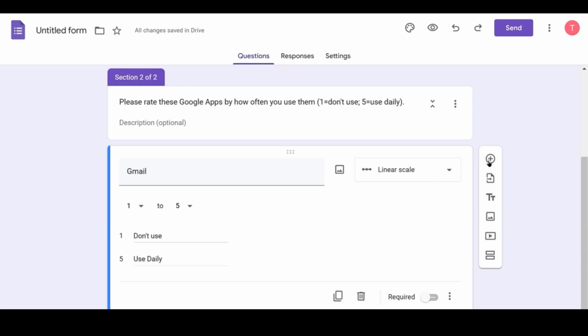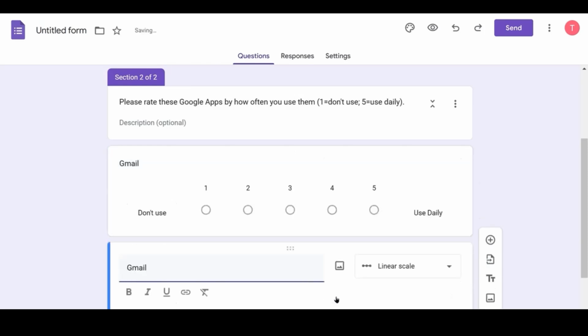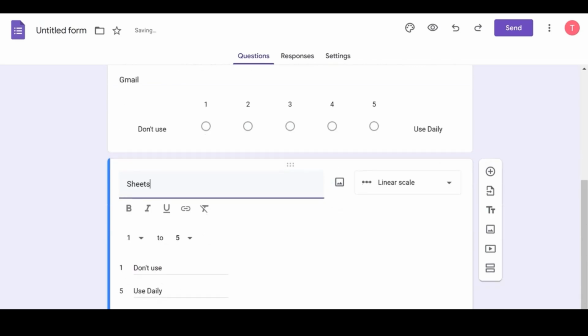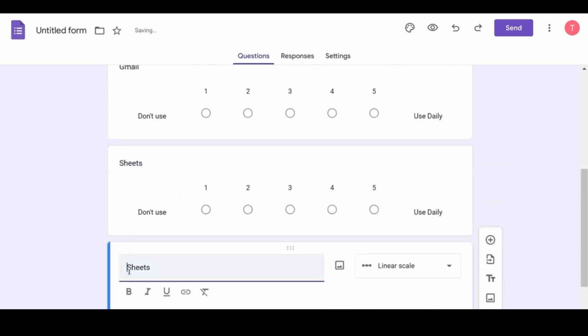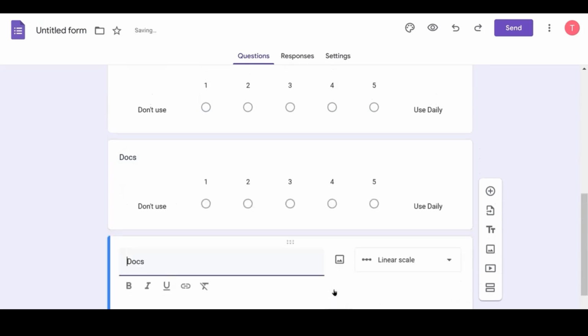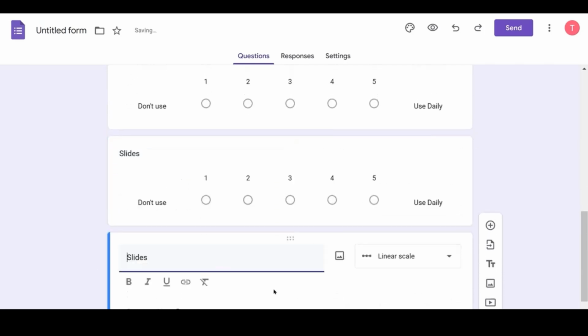So instead of using the plus sign to add a question on the right sidebar, at the bottom of your Gmail question, you're going to hover over the two pieces of paper and we're going to duplicate that question. And then all we have to change is the name of the app, and this will be Sheets. We're going to duplicate Sheets, and it's going to be Docs. I'm going to duplicate Docs and type Slides. Duplicate Slides,